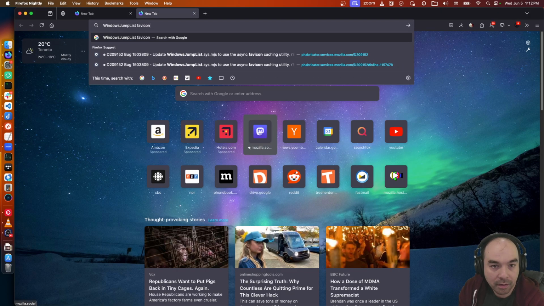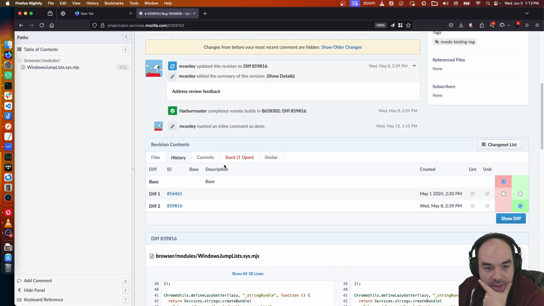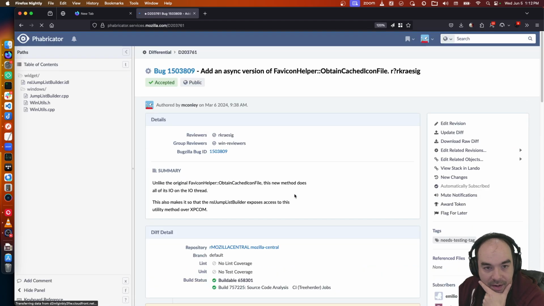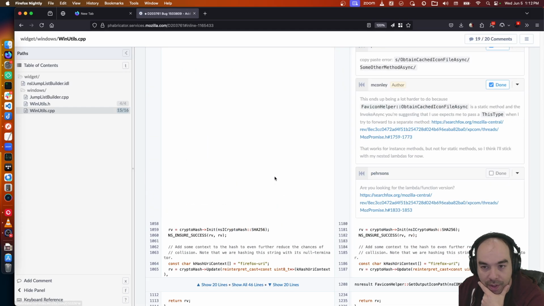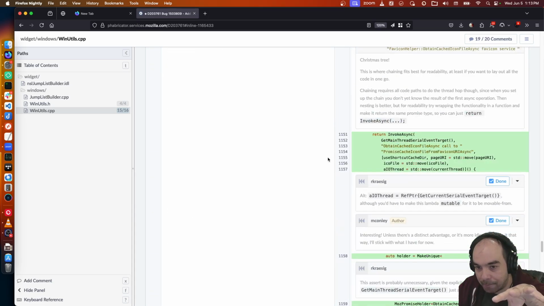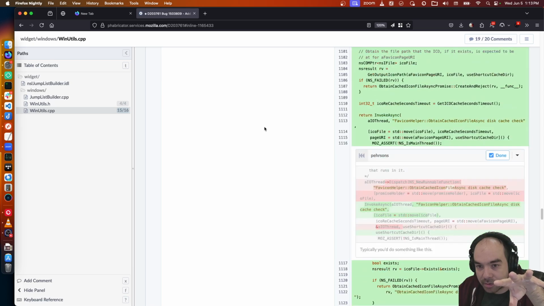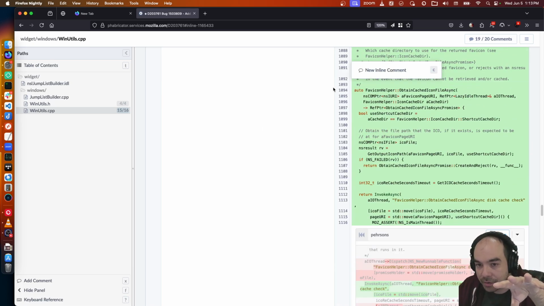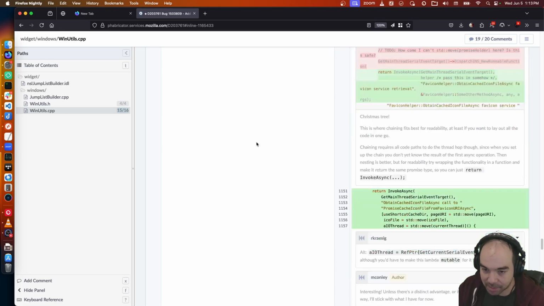favicon. This one was accepted. There's a comment here from Pearsons about how we could split out a lambda from this large function here. It's not a huge function, but it's got some nested lambdas.